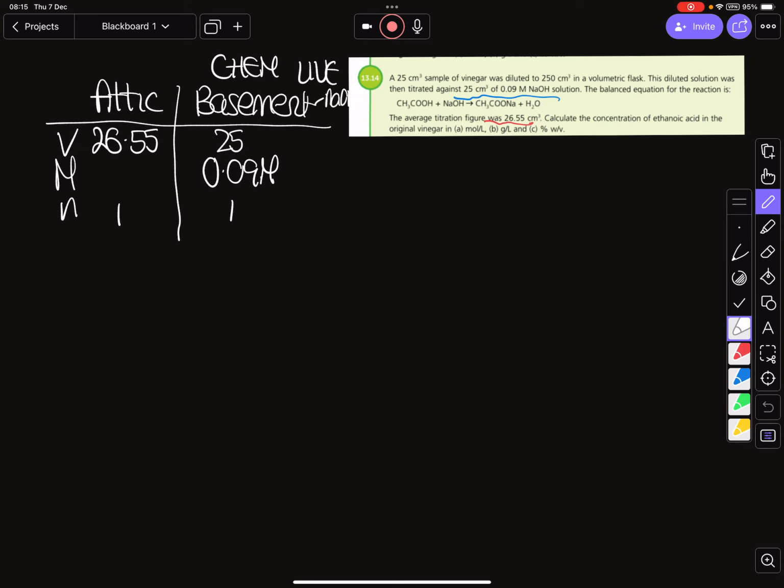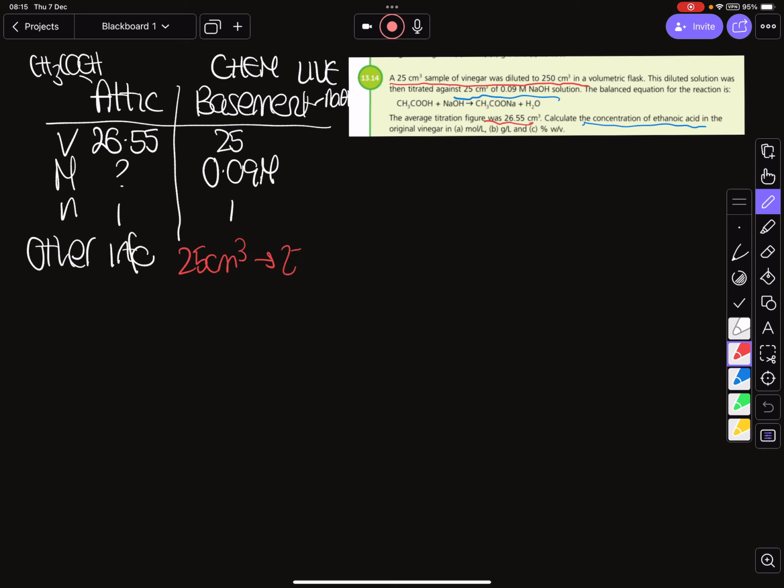So this is our NaOH and this is our ethanoic acid over here. This has to be our question mark, and just to check, it says calculate the concentration of ethanoic acid. So that is our question mark. We also need to see, is there any other information in here? So in terms of our other info, it is this first sentence: 25 centimeters cubed was diluted